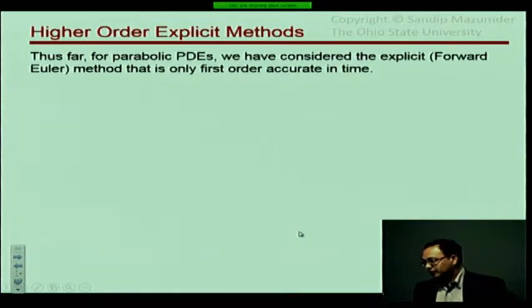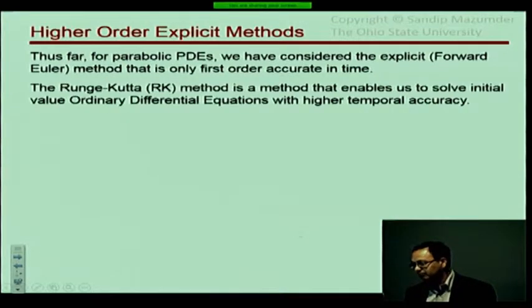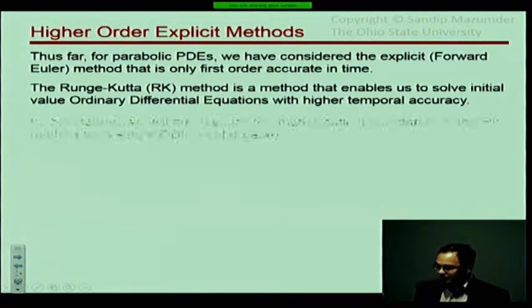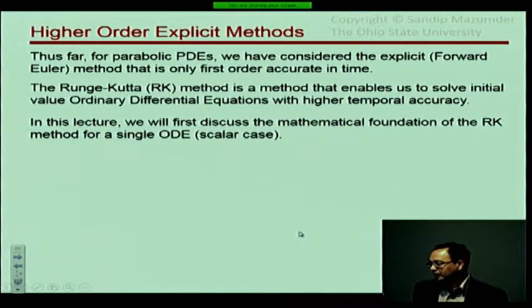So far, and I'm going to restrict this discussion to parabolic equations still. We're going to move on to hyperbolic equations later on. So for parabolic PDEs, we have done, as I said, forward Euler, which is first order accurate in time. The Runge-Kutta method, which is what we're going to discuss today, is a method that enables us to solve initial value ordinary differential equations. Okay, it was originally developed for that purpose, and we can systematically derive higher order approximations